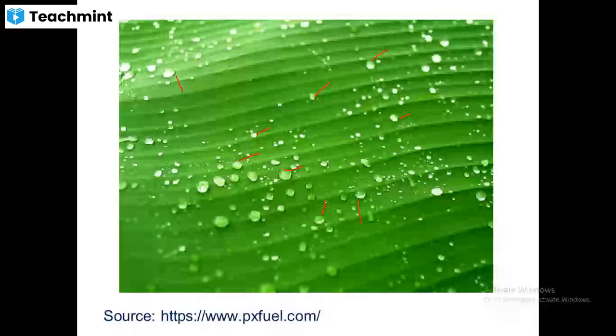It doesn't cost you anything. What is required is just a banana leaf. You just put some water on it, and you see that the water spreads like this. And what you see, you see the spherical drops all over the banana leaf. So again, they are spherical in nature.